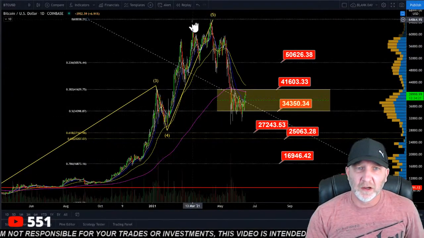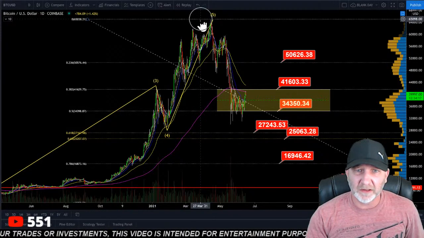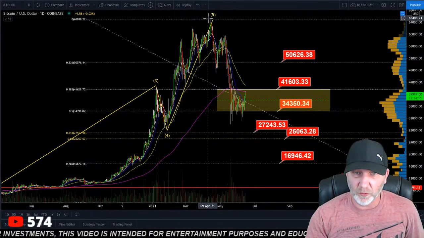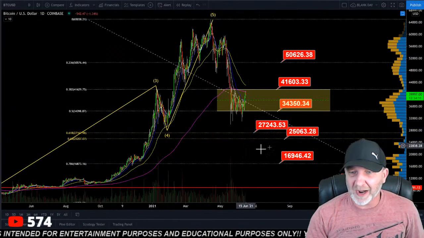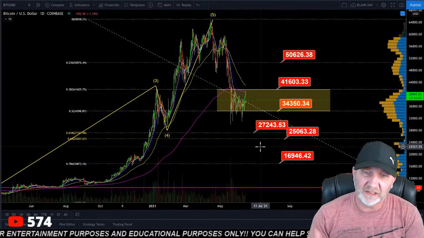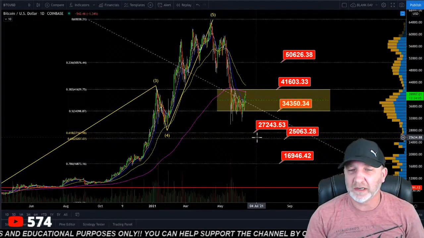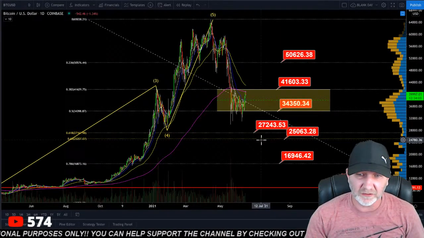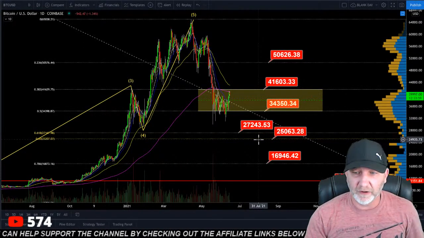But anyways, so we've had the Fibonacci retracement here from the top of what I believe to have been wave 5 all the way down to the bottom over here. And our golden pocket zone is between that 25 and 27.2 range. I would expect a bounce here, at least if we do get down to this range. Now, if we break this range, it could get very, very brutal and very ugly.